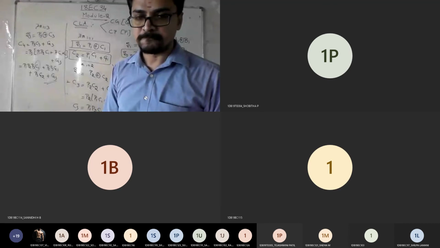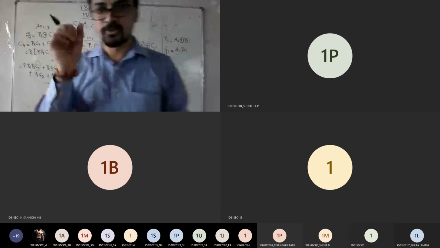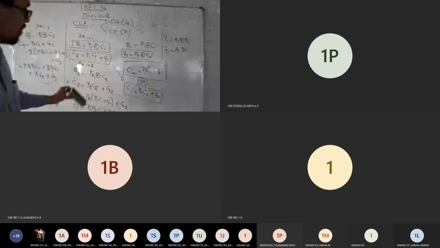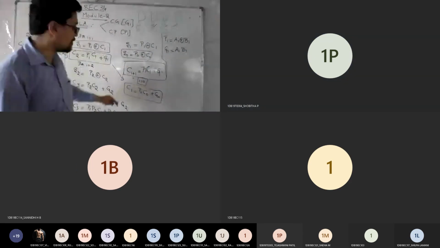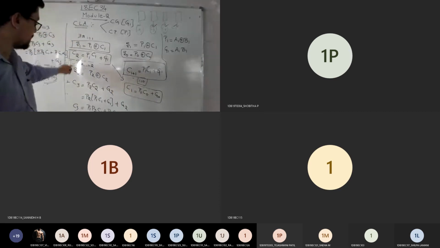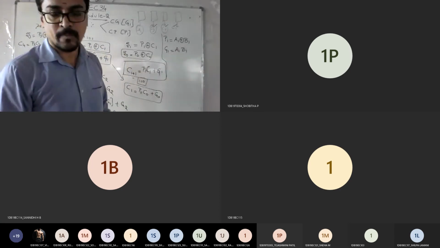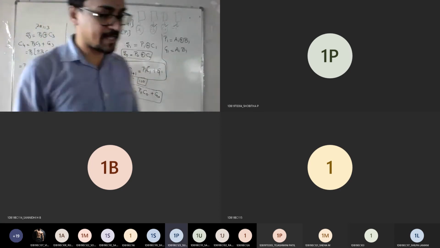Am I clear? Yes, sir. So now after writing all this expression, I need to write a logical diagram for C1, C2, C3, C4 along with my S0, S1, S2, S3, S4. Okay, so you need to build a logic diagram now.